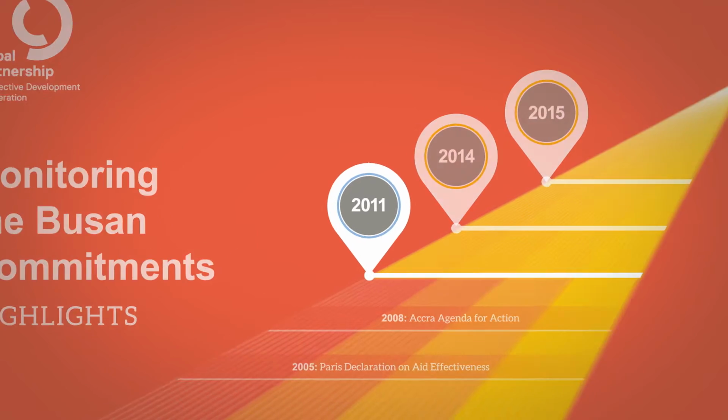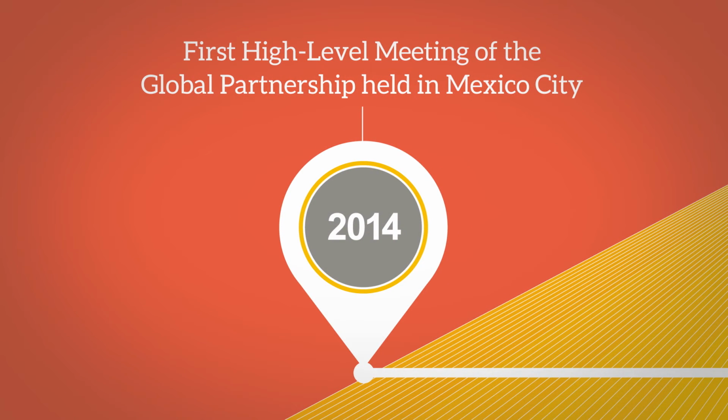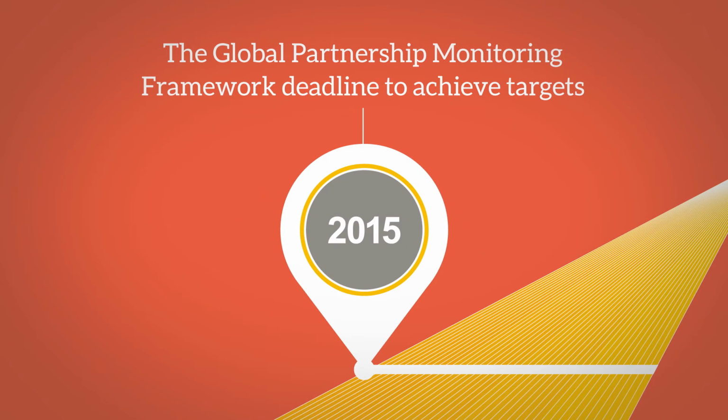In 2011, the international community agreed at the High-Level Forum on Aid Effectiveness how to make development cooperation more effective. Now we assess progress against the commitments. Where are we now? Where do we want to be? And what do we need to do differently to get us there? These are all important questions if we are to keep our promise to reduce poverty by the internationally agreed goalposts